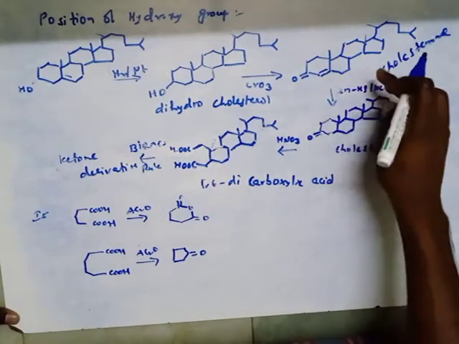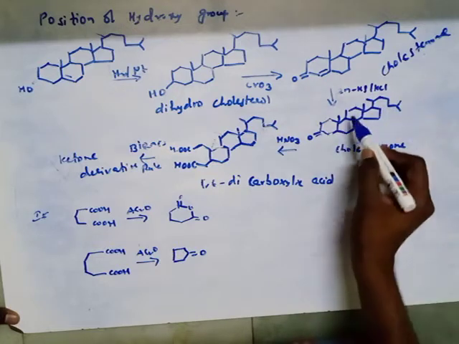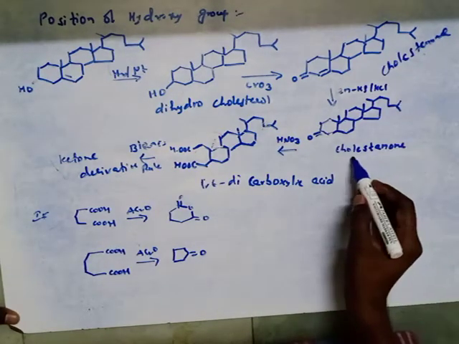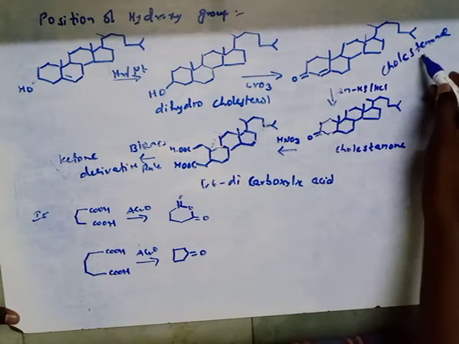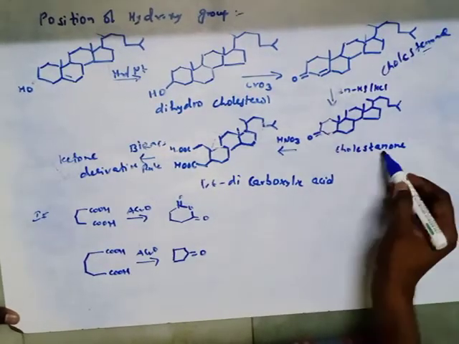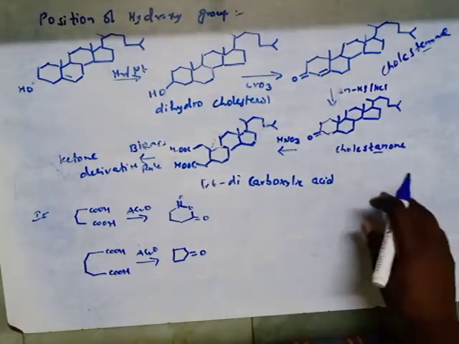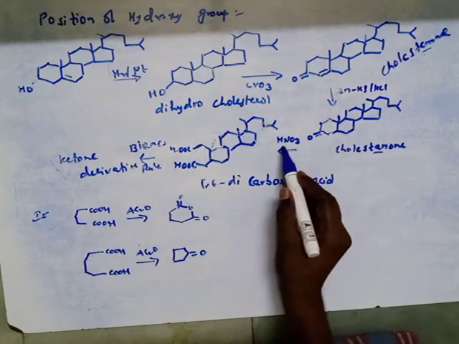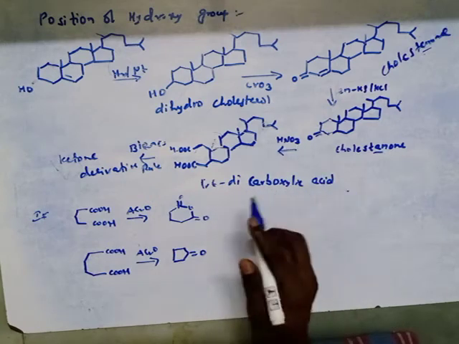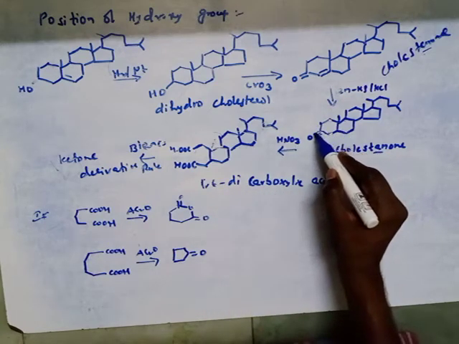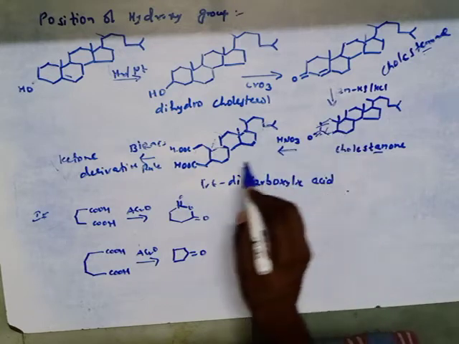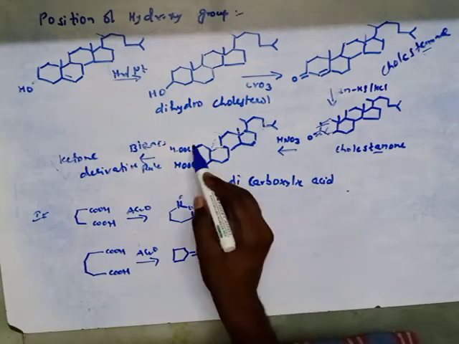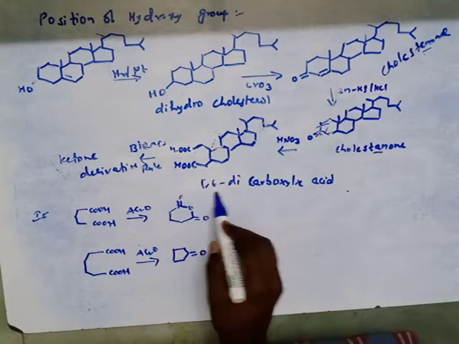But in this reaction we are doing only one Clemmensen reaction, so preferentially the double bond will be cleaved and it will be converted into the product. Here, due to this double bond, okay, in the same way, this undergoes reaction with HNO3 to form a dicarboxylic acid. Here the double bond is there now. It will be cleaved like this to form 2 moles of carboxylic acid, that is a dicarboxylic acid. At the 1,6 position there is a dicarboxylic acid.